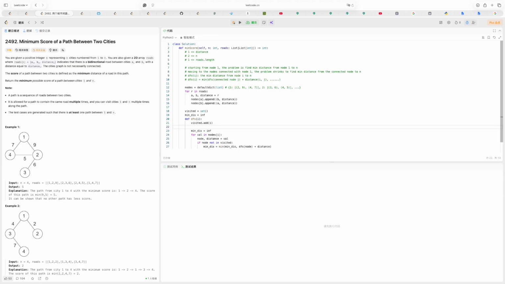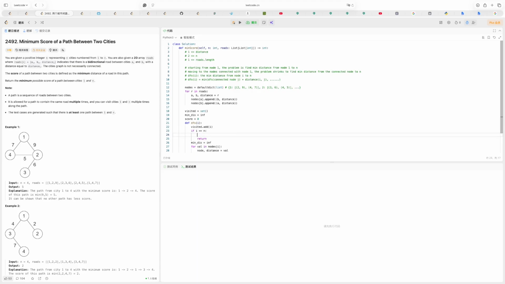If i equals n, then we will have some score equals 0. So return, not return. We will return, and then